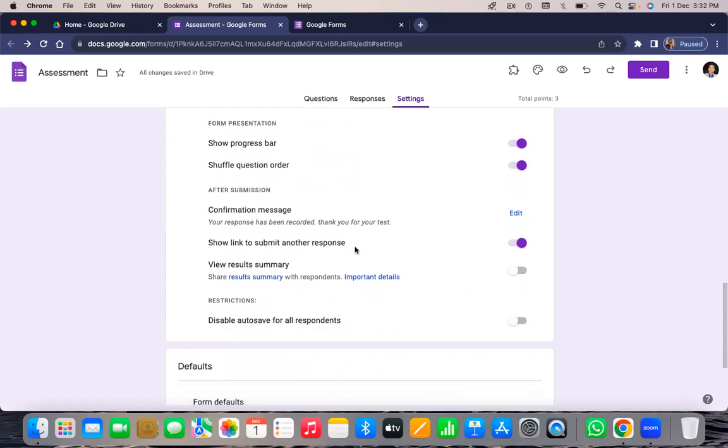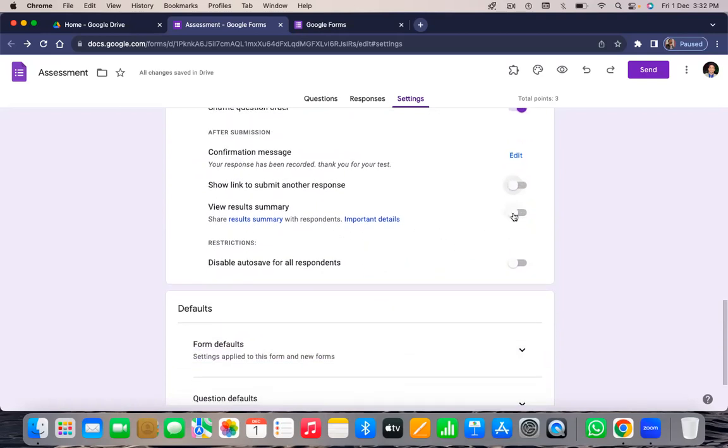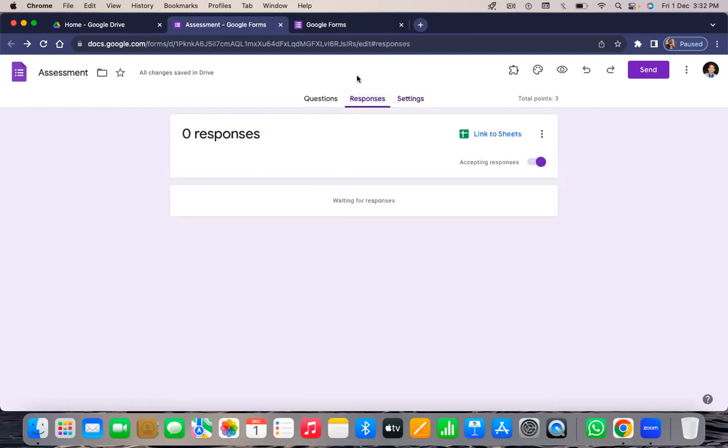Once you save, it will be shown as a message to them. Right. Then show link to submit another response, which is generally already in blue color. If you do not want them to submit another response, click it off. If you want to view the result summary after completion of their assessment, you simply click onto it. Or obviously after completion, you can see the result summary by clicking into responses, which is given at the top where question, response, and setting is provided. This is completely off because you find out that no responses have been recorded. So therefore,